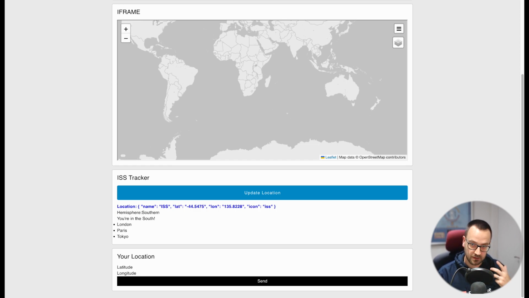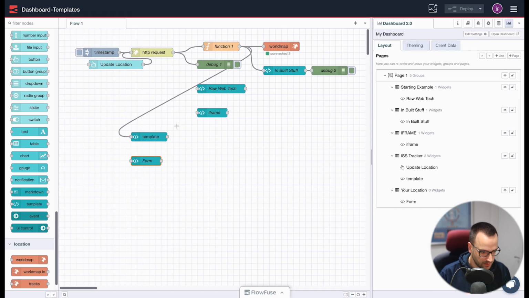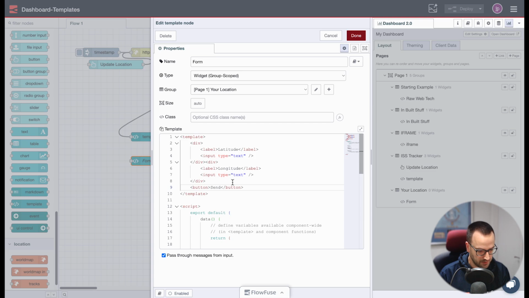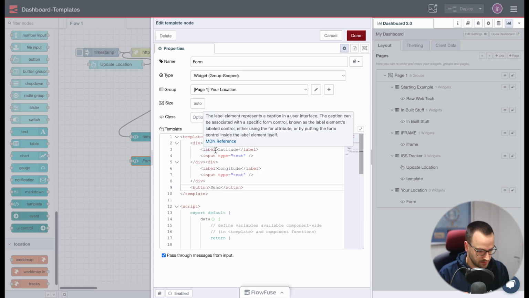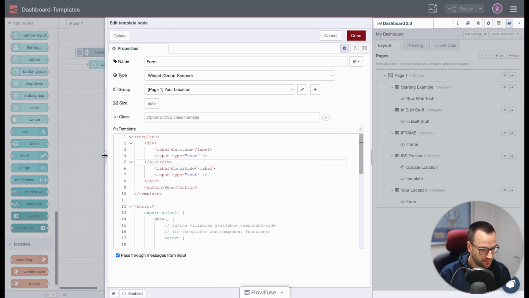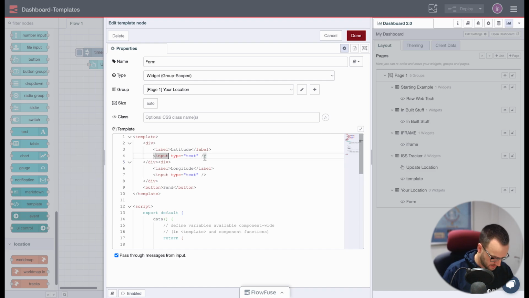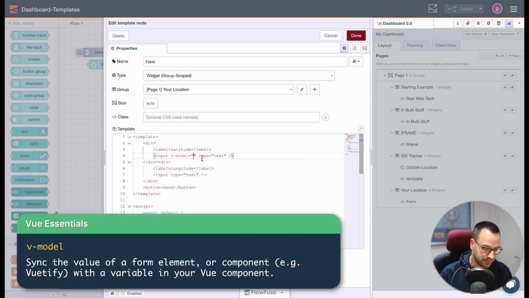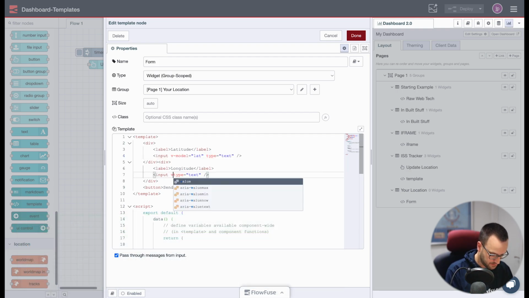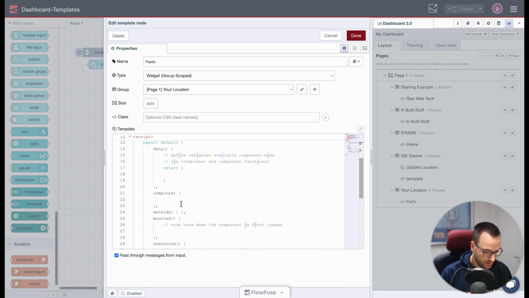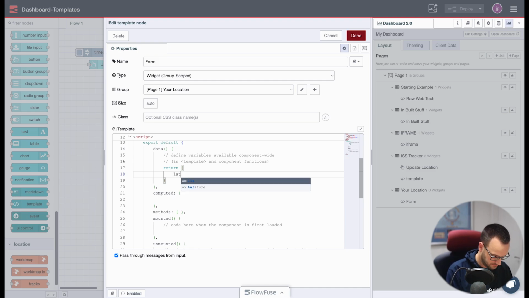So I could, if I wanted to right now, go and jump in and create a bunch of CSS and style it and all that fun stuff. The thing I did want to quickly show you first before I do style it is a thing called vModel. Now, vModel will bind the contents of that input to any variable you like. So for example, if I had a variable called lat and I have vModel and a variable called long, I can define those variables here